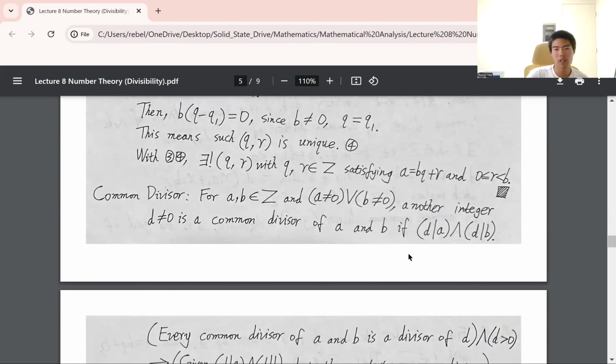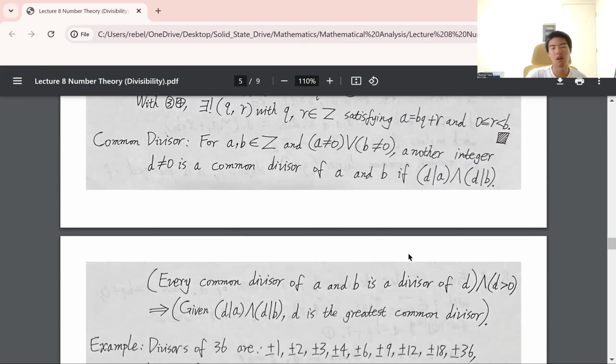Okay, so moving to the next topic, which is called the common divisor. Common divisor also brings about the greatest common divisor. A common divisor is defined for A not equal to 0, B not equal to 0, which means they are not both 0, for such two integers. And for another integer D, we say D is a common divisor of A and B